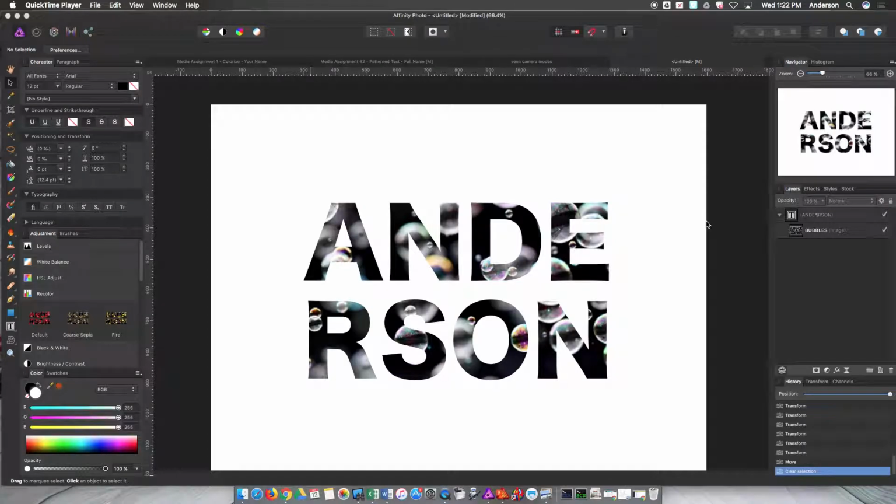Hello everyone, I'm going to quickly go over how to do a pattern text project, which is our second assignment for this year. It's a super quick, easy project. As you can see over here, there's just 2 layers and there's only a couple steps. But there are a couple of really important steps that will teach us a couple things that we need to